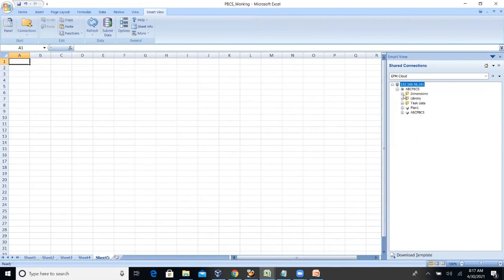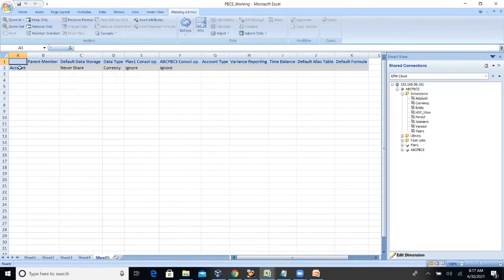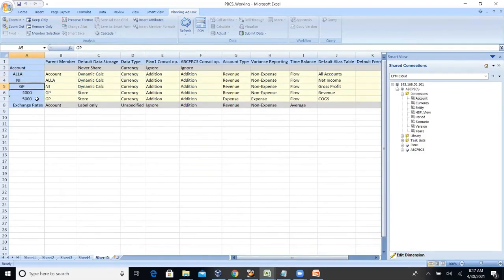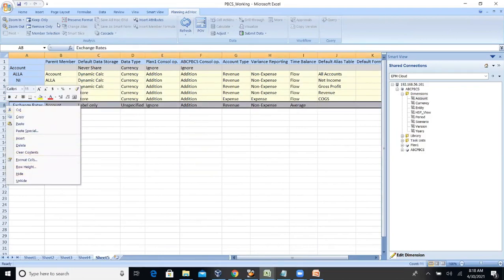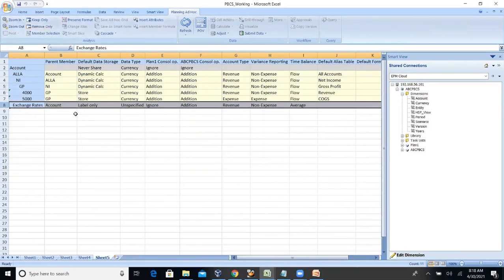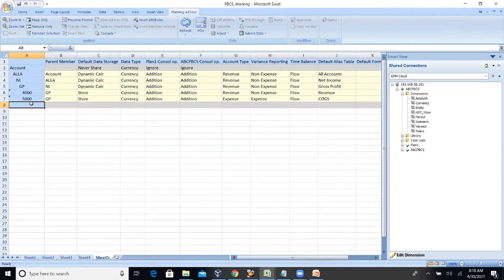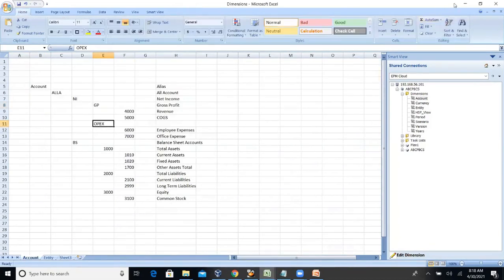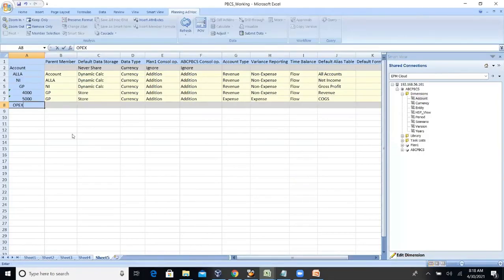Here you can see dimensions, and click on dimensions. This is the account dimension. Just double click, it will display like this. Okay, and delete this, remove only. I want one member. Which one? The OPEX member. OPEX, OPEX. Click here, and the parent is net income.